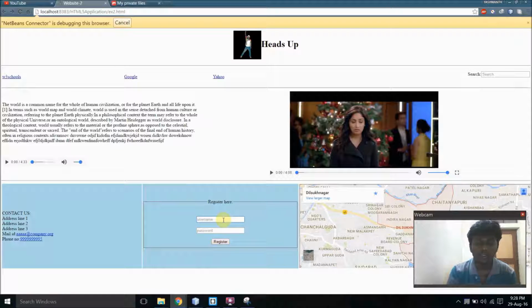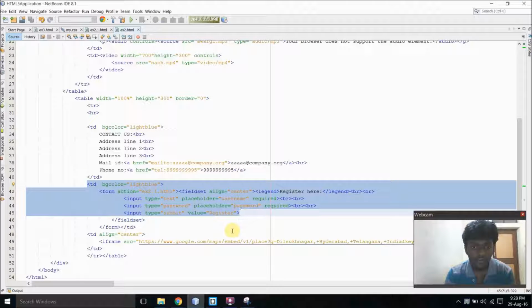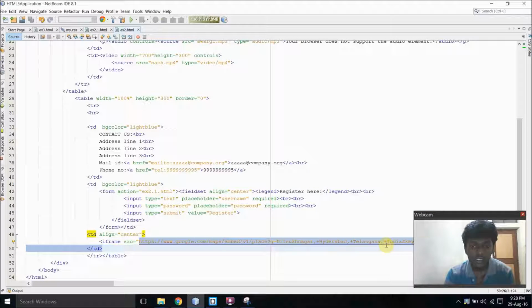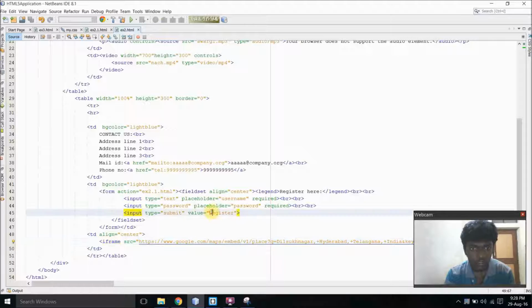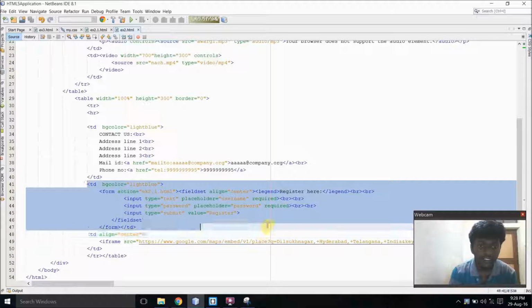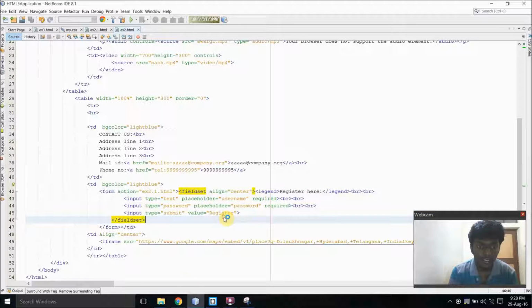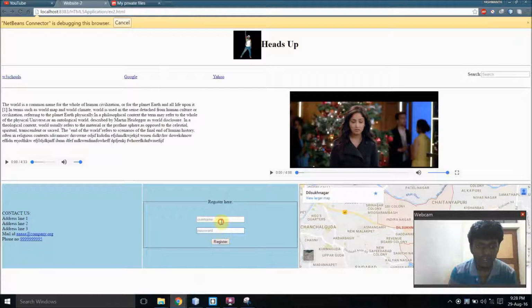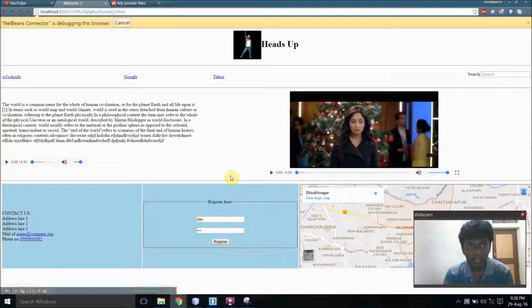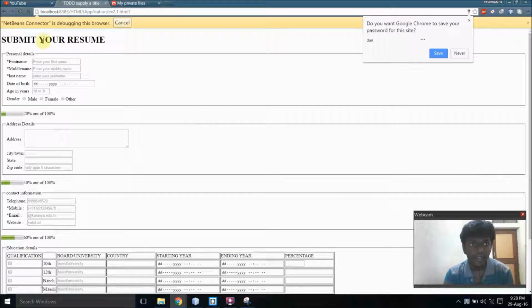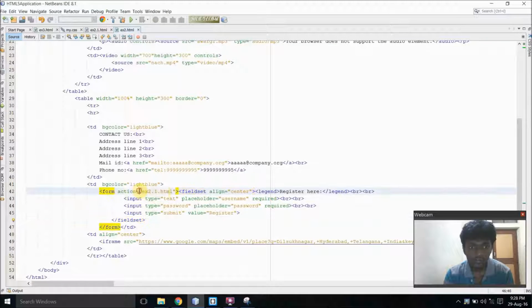So when I type a particular username and password, it is supposed to get redirected to another page. And we have another map here that is this location. Now let us get into this particular part, which leads us to another link. Now for instance, if I type Dan and a particular password, this would redirect to this page because we have given the link here, form action equals, and this particular page's